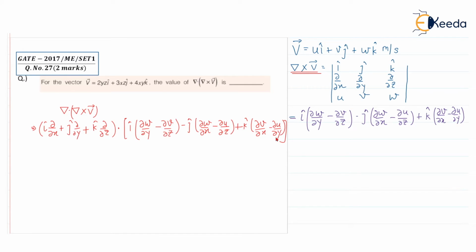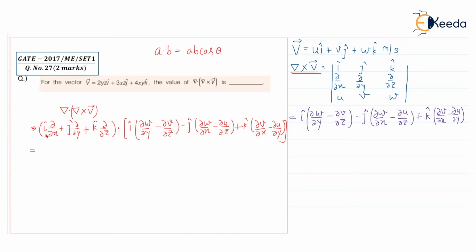If you take the dot product of these two terms, you will get i into i. When doing a dot b, a dot b is equal to ab cos theta, correct? So i into i gives cos 0, which is 1. When i into j and i into k, you get cos 90, which is 0. So only we will have terms from i into i, j into j and k into k.